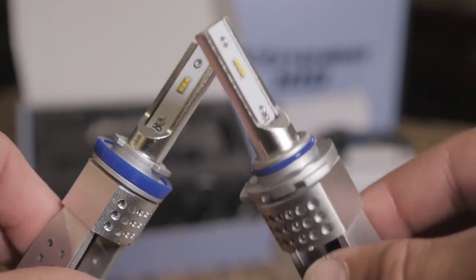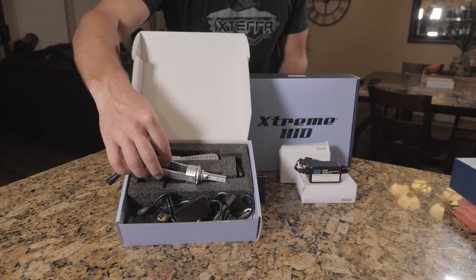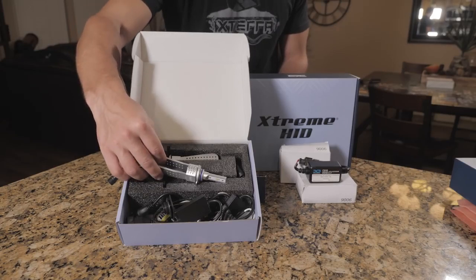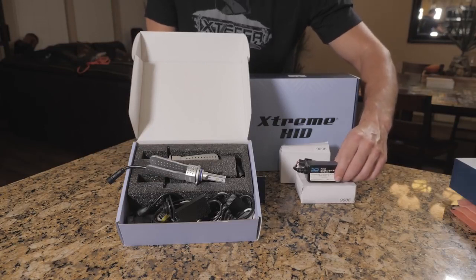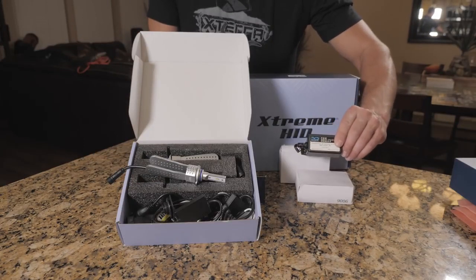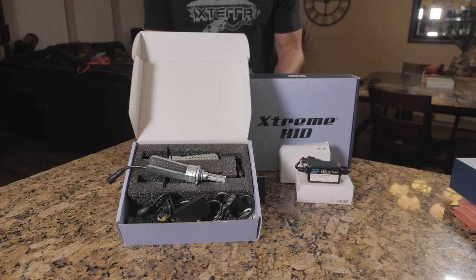I just want to make a quick note for you other 5th gen 4Runner owners out there. I believe if you're doing the high beams LED, Xtreme LEDs, you have to purchase the 9005 lights, as well as this part. They have it numbered 9006. It's the with CANbus option. Basically what that will do is reduce any flicker, because the stock